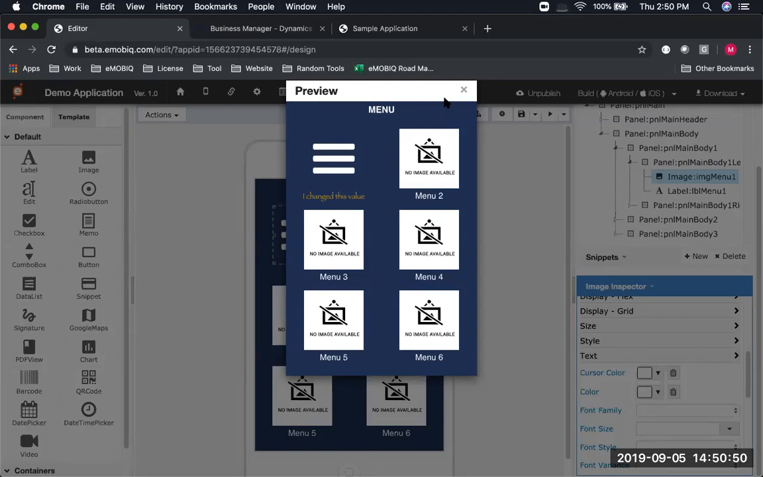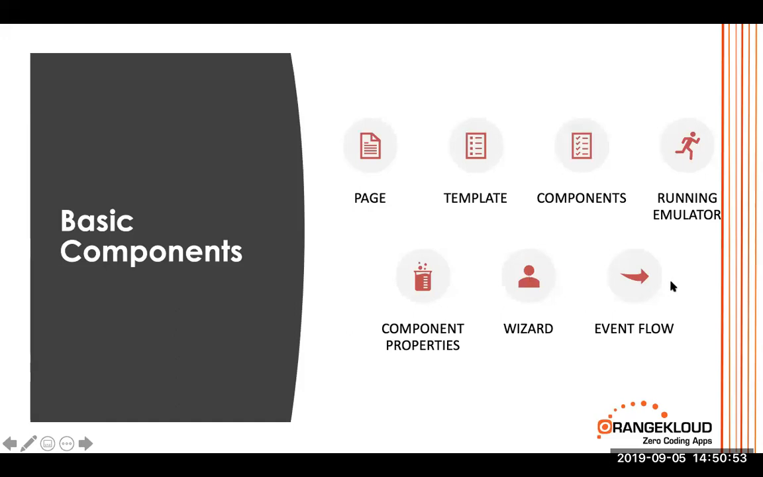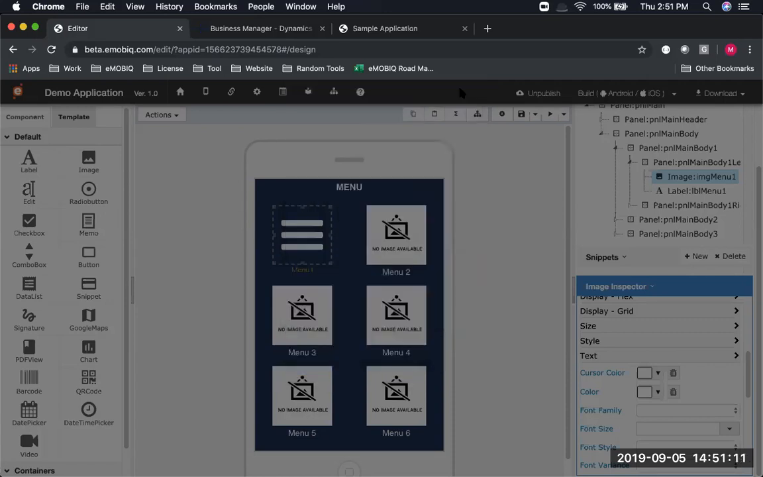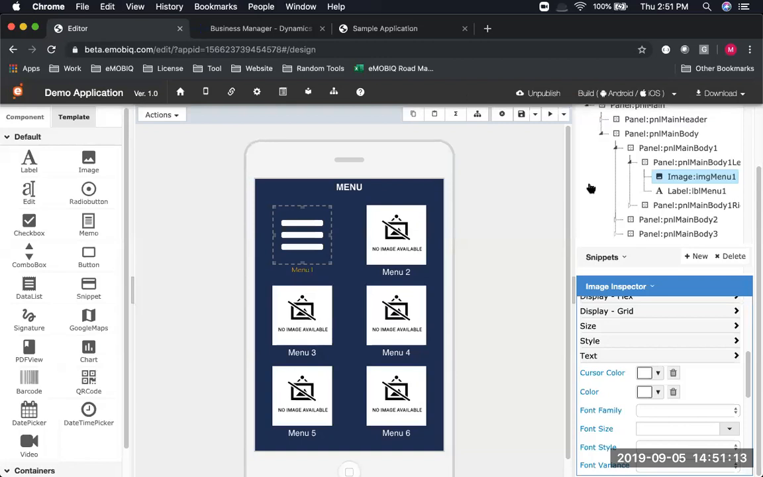Okay, so next is finally the event flow. So then what if we need to create our own flow? We don't want to base on the wizard because wizard is quite not really that flexible, but it lessens the problem of creating your own flow, right? Next is, so you want to change manually. So how do we do that? We have a so-called event flow